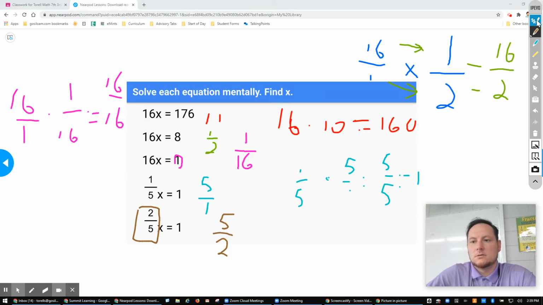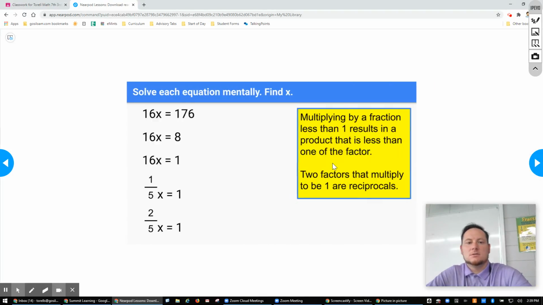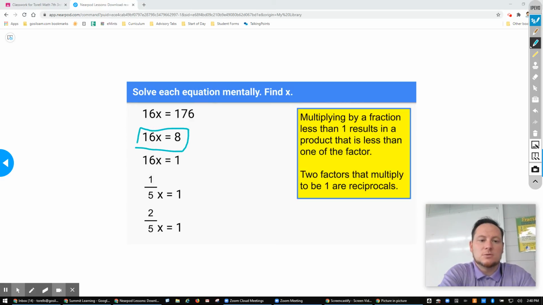All right. So what does that leave us? What we're finding out here is multiplying by a fraction that's less than 1 will result in a product that is less than the factor. That's kind of wordy, but simply what we're looking at is if you multiply by something that is less than 1, like a fraction, kind of like what we were looking at in this example with 1/2,